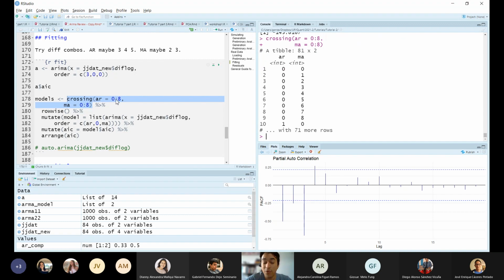Why is it 81? Because we have 9 items here and 9 items here. 9 times 9 is 81. Okay, and we're going to test all of these models. So an ARMA 0,0, ARMA 0,1, ARMA 0,2, ARMA 0,3, AR 1, and so forth. Okay,